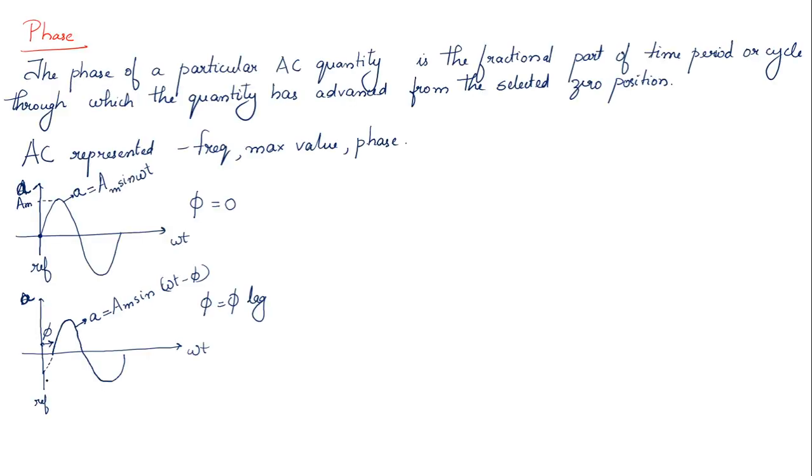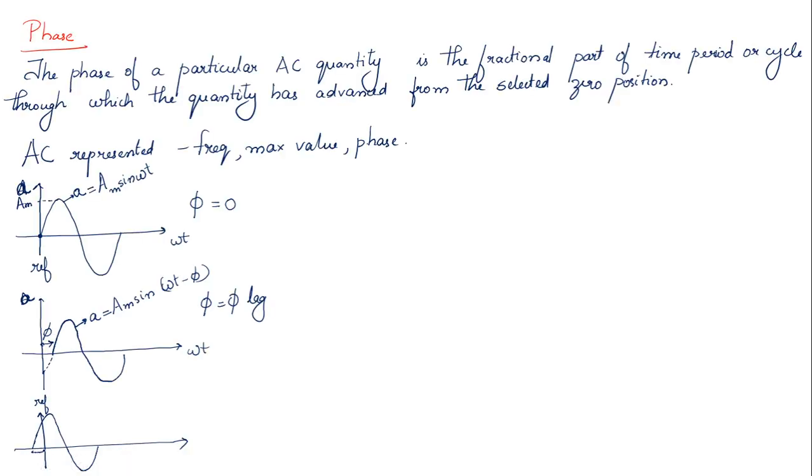Okay, so next we are going to study one more type of waveform and its representation. Listen, here you can see the waveform has started a little bit, or 5 degrees, ahead of the 0 reference axis. Here it will be continued like this.